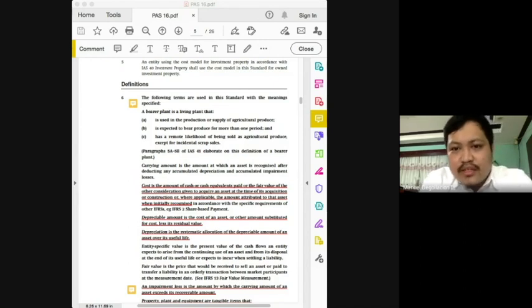The distinction, class, would now fall on the purpose. For what use is the entity holding this plant or animal? For what use is this entity owning this plant or animal? When we go over the definition of biological assets later on, and property, plant, and equipment, you'll be able to know that depending upon the use, a plant or an animal may be considered as an item of PPE or